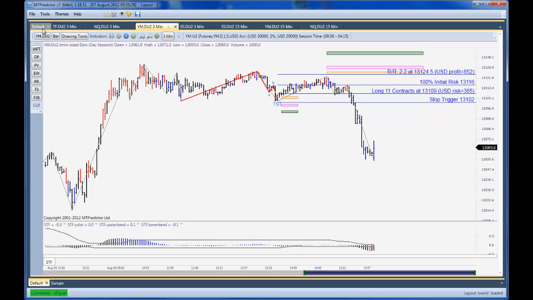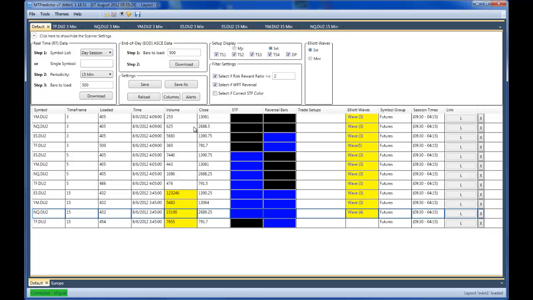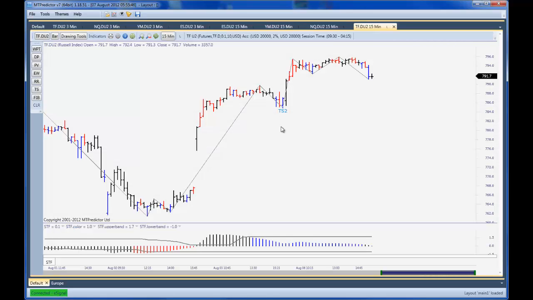Just quickly to show you, in version 7 we have a very neat scanner that will follow as many markets and time frames as you wish. The markets aren't open at the moment, that's why there are no trade setups here, but once a setup comes in, you can load a chart really easily by right mouse clicking and doing a new chart, and there you can see on that